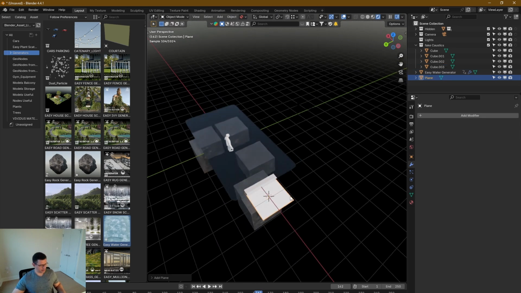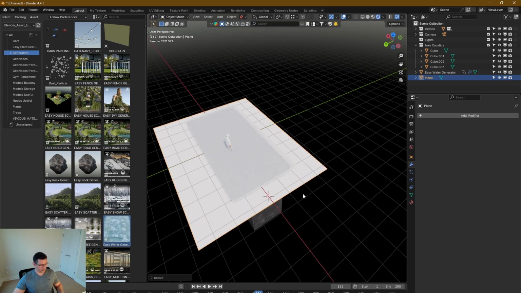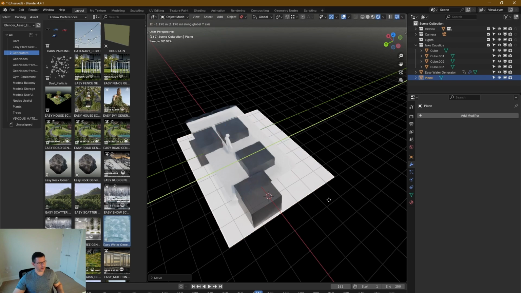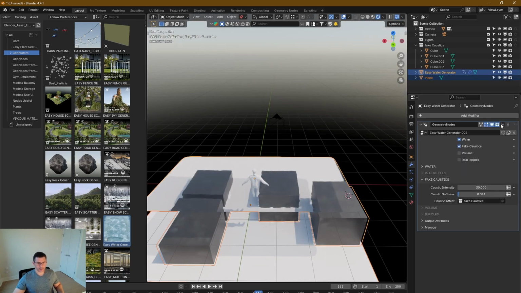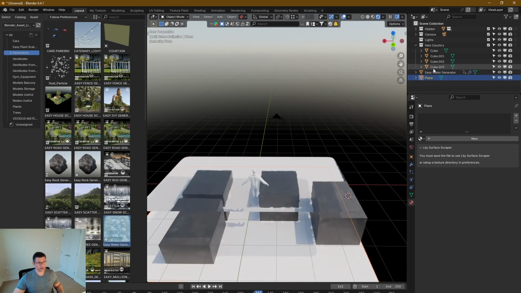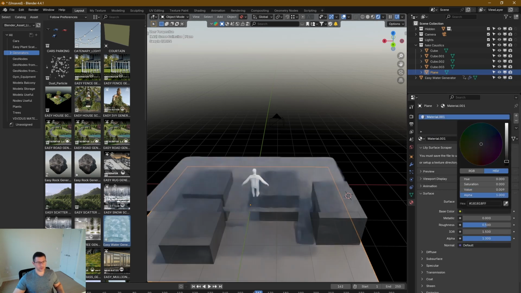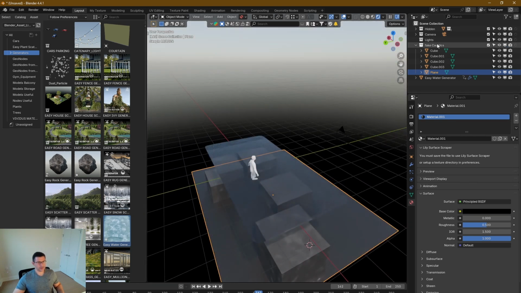Let me add a plane so you guys can see better what is happening. Something like this. And of course the caustics is fake, so it's not gonna be accurate as a caustic, but it does the job in lots of cases. Okay, we have the materials, this material, okay,